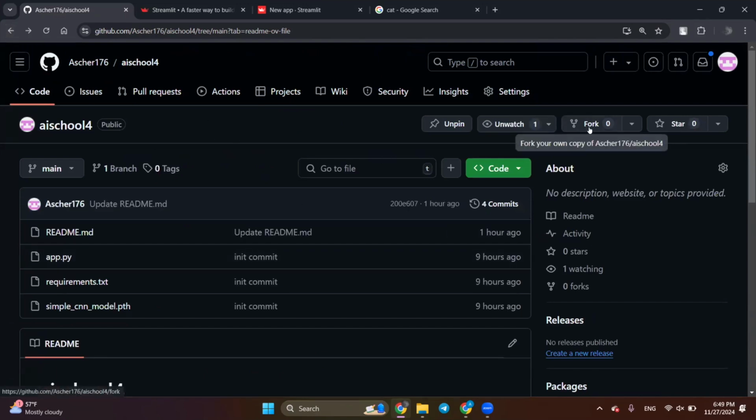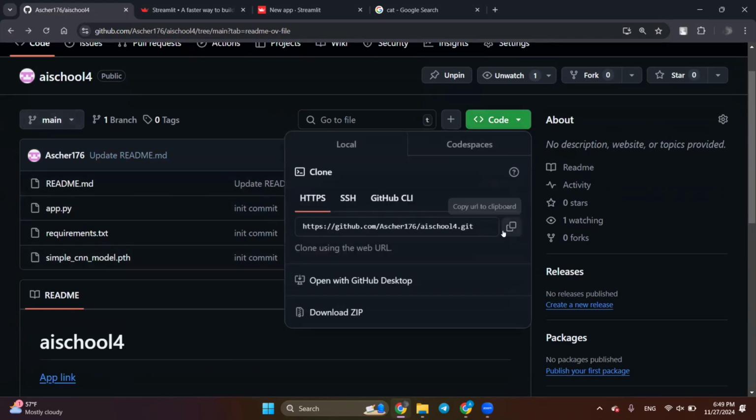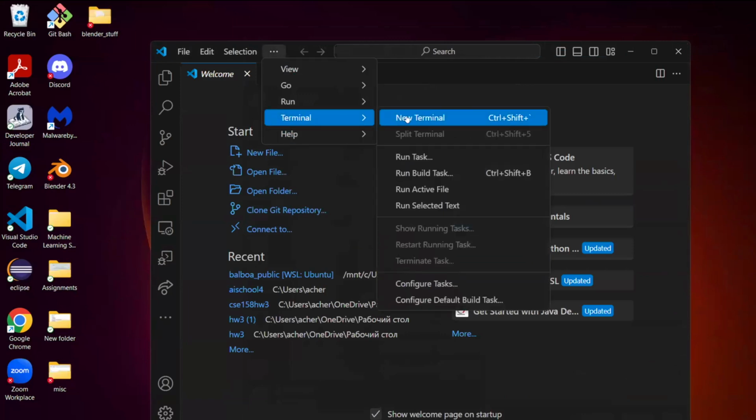But yeah, you would normally just do fork, and this would create a copy of this workspace on your account. Then you would see a screen similar to this one, and you would go to code, and then copy this URL to clipboard, and then we go here to terminal, new terminal,